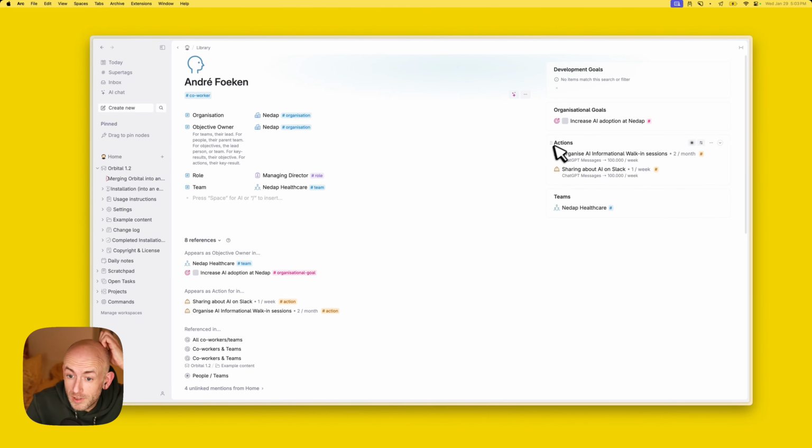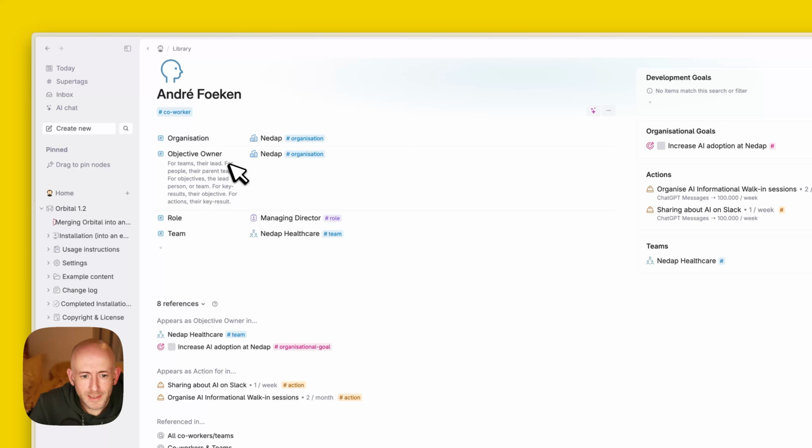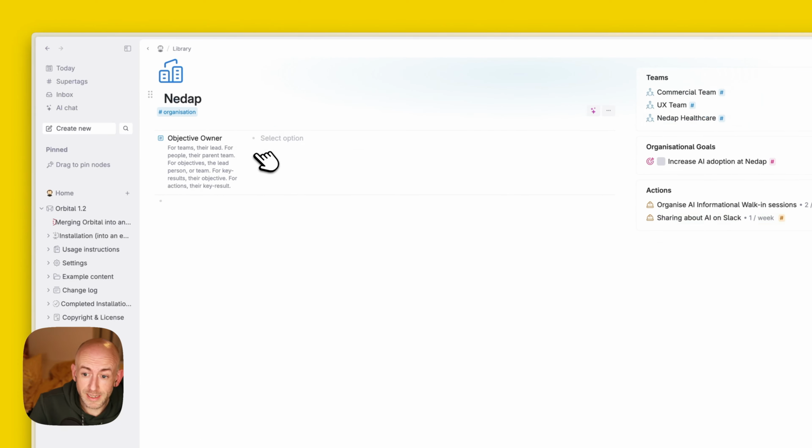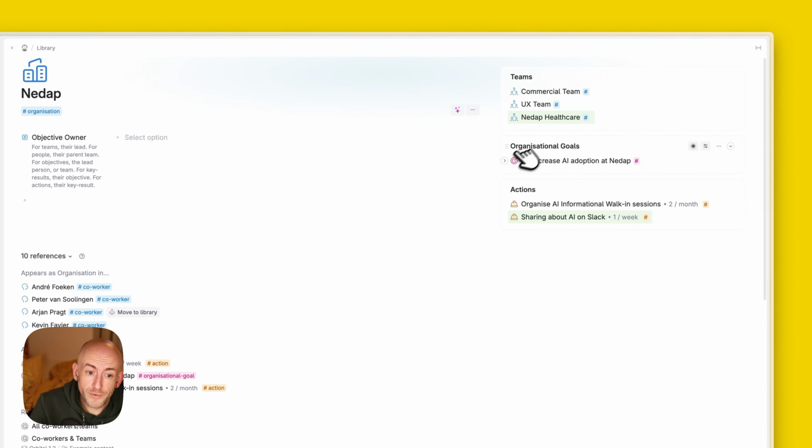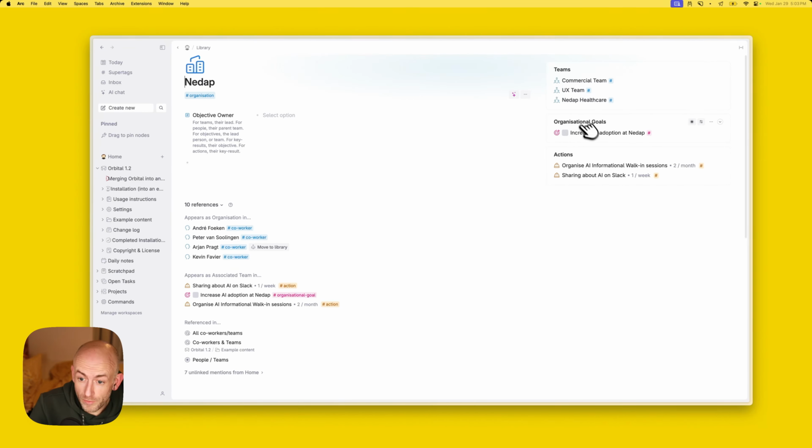Here you see also a couple of other things. For instance, I am in NADAP, and my objective owner is NADAP. And this also says here for people, it's their parent team. And now we get to why this one is important. Because when I click on NADAP, you also see all of the organizational goals of NADAP, and they all flow down. So if you have multiple teams and multiple owners, so for instance, if we're going to have, let's see,